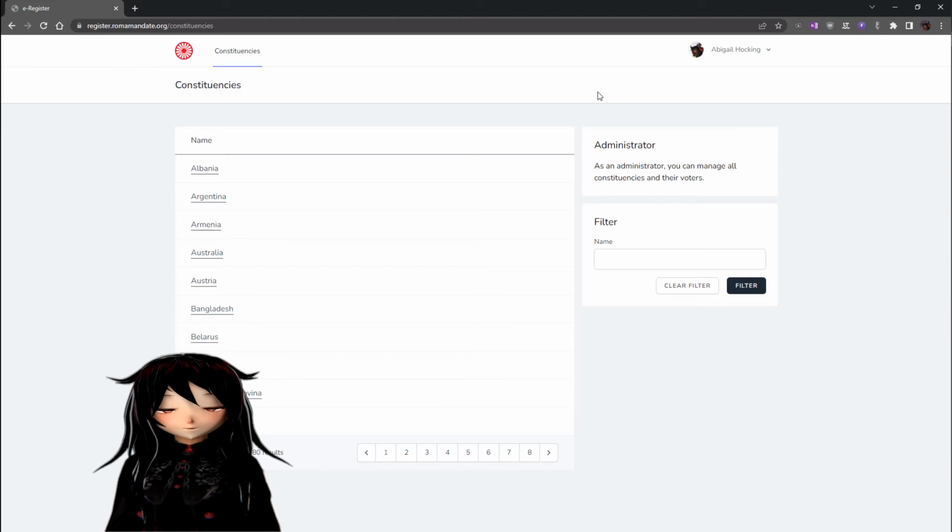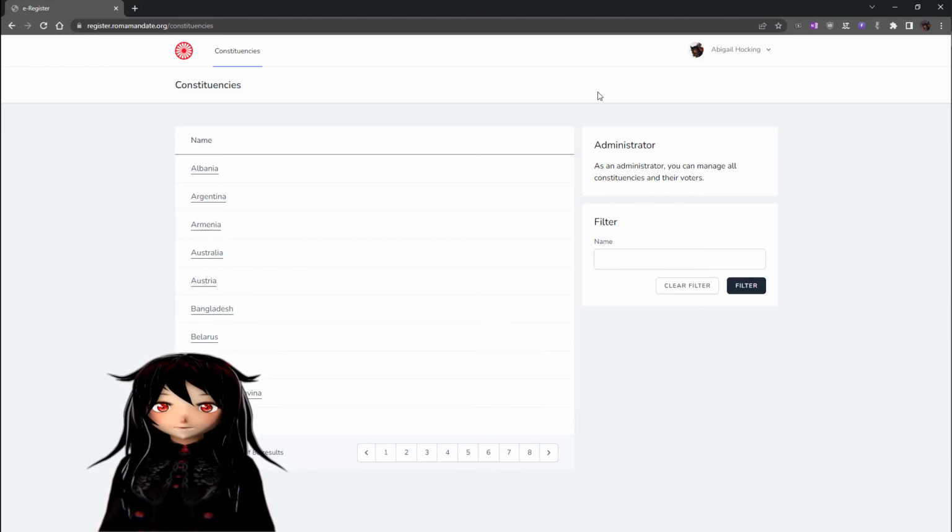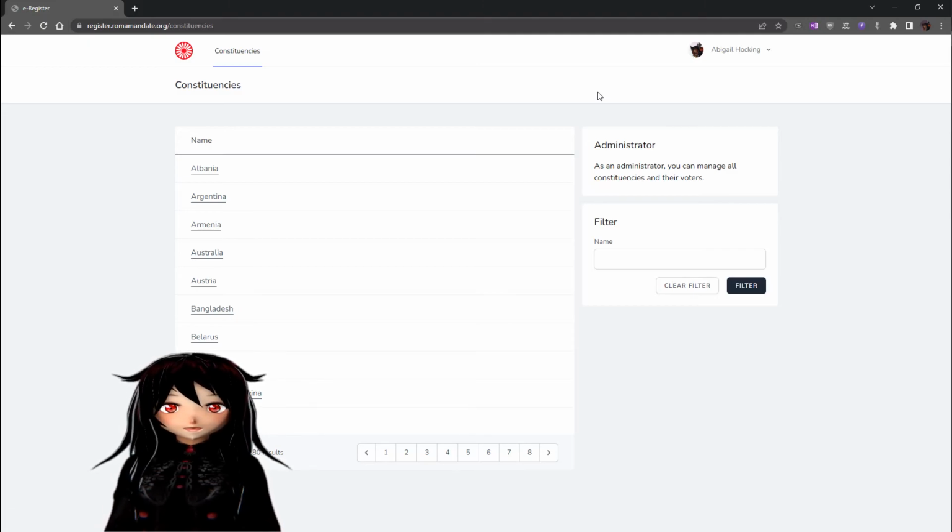But generally, you'll receive a restricted, limited list of constituencies that only fall within your domain, which forms another form of security, so that even if a malicious actor was logged in, they would only be able to see